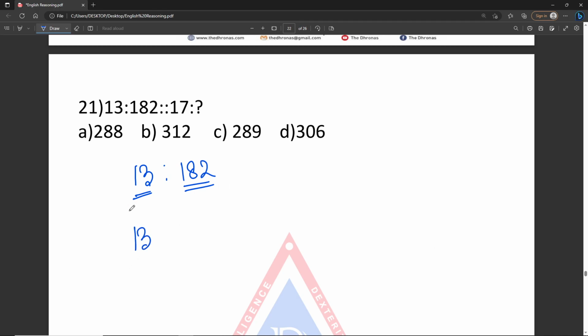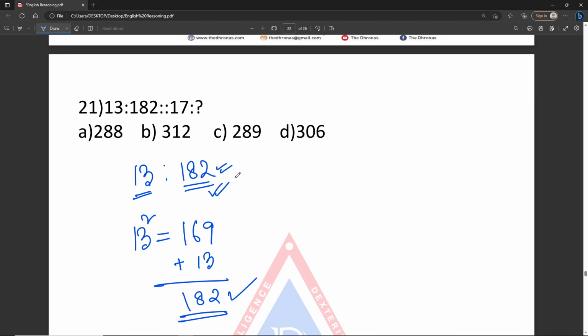If we see 13 square, what is 13 square? 13 square is 169, but here it is 182. If we add 13 itself, see, 182 comes. That means we are squaring the first digit,